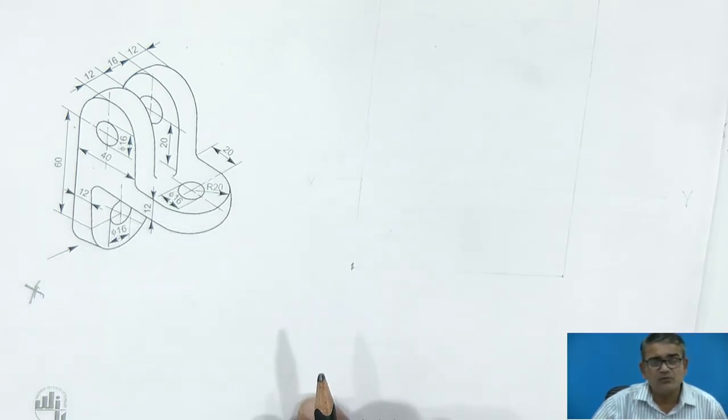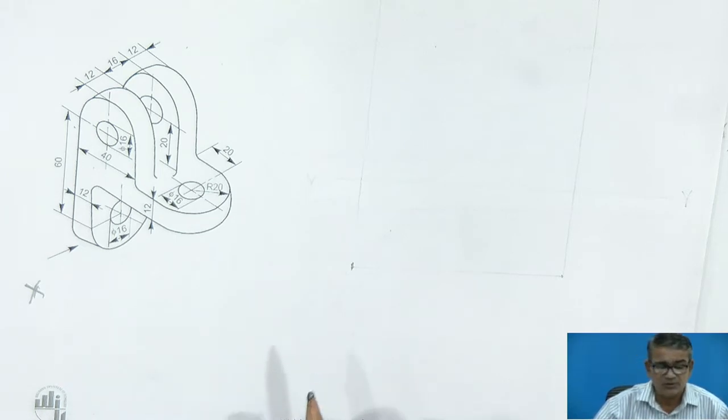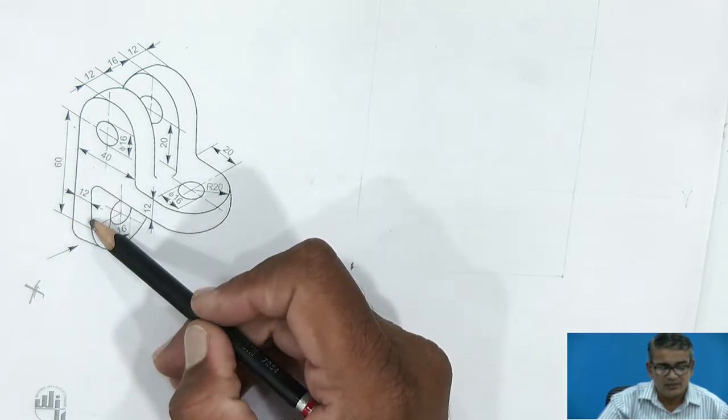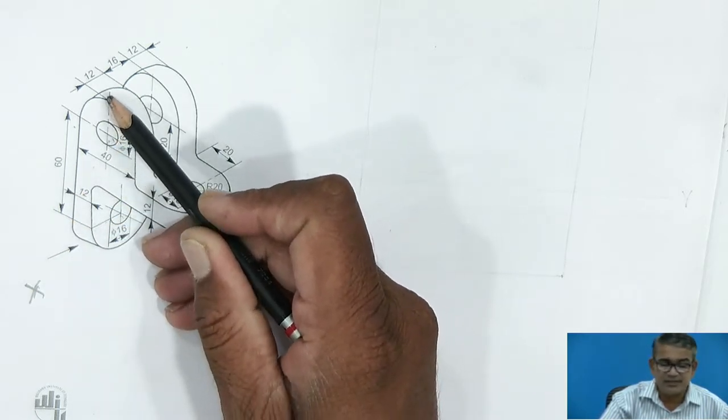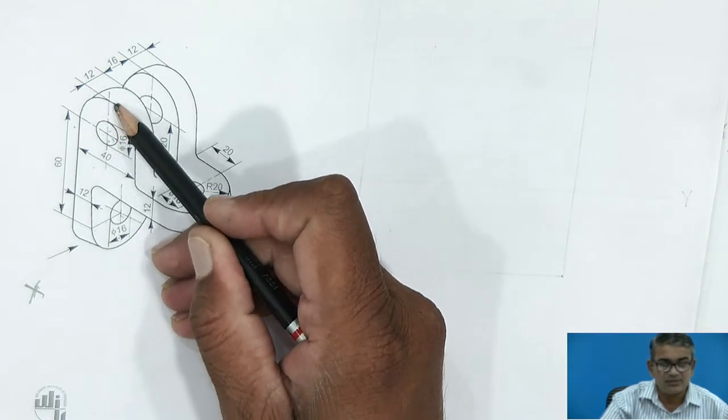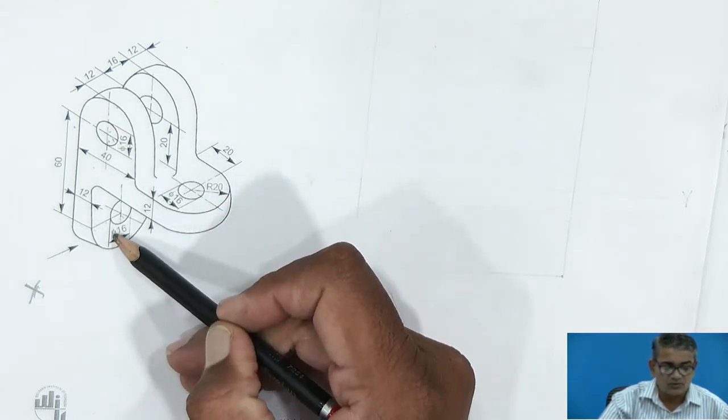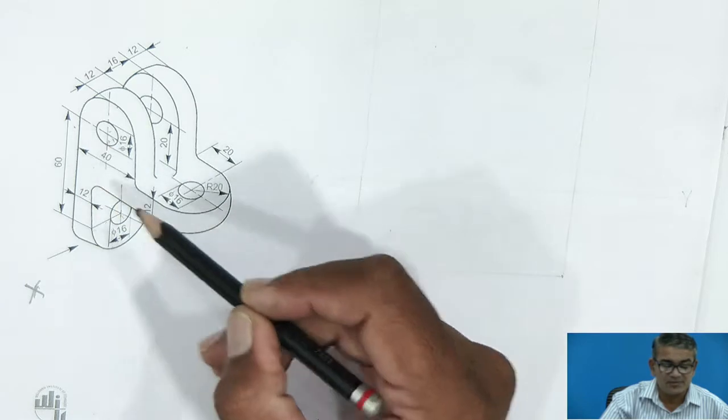So when you go for a front view, top view, side view, right hand side view, or left hand side view, first you have to know the maximum dimensions of that view. What is the maximum dimension of the front view? Here the height is given: center to center distance is 60 mm, and the radius is 20, so 60 plus 20 is 80, and at the bottom 20 mm is given. So the height is to be 100 mm.